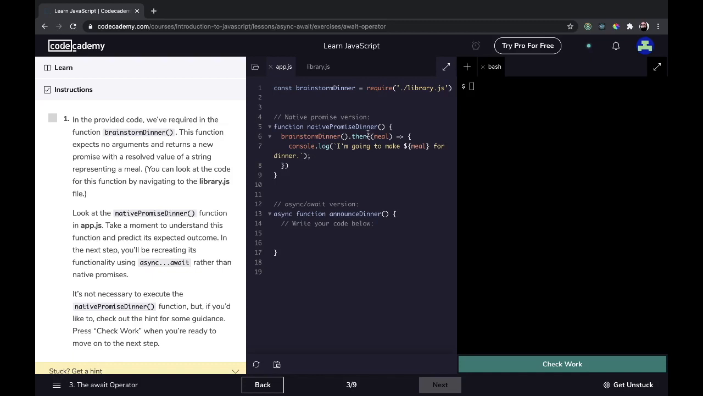Okay, so they want us to look at that and predict what it'll do here. We have the brainstormDinner, nativePromiseDinner, brainstormDinner.then. It's going to have a meal and console.log "I'm going to make the meal for dinner." So it should just have a meal passed into here. Let's check the work. Oh, that actually just moves us to,